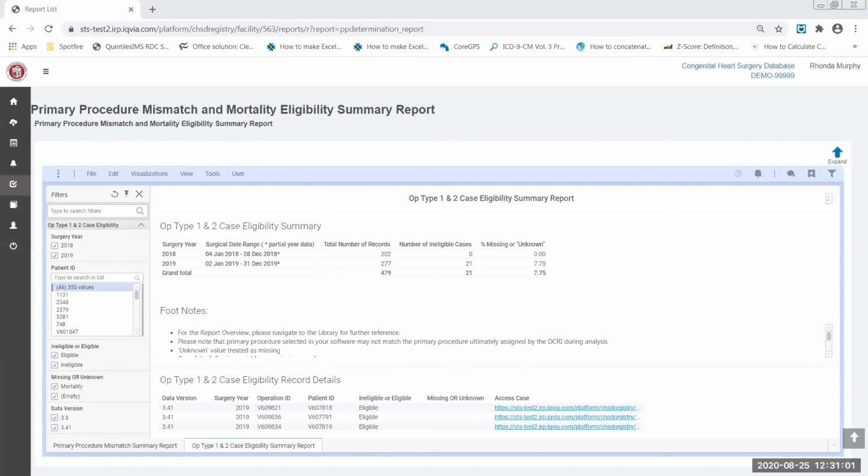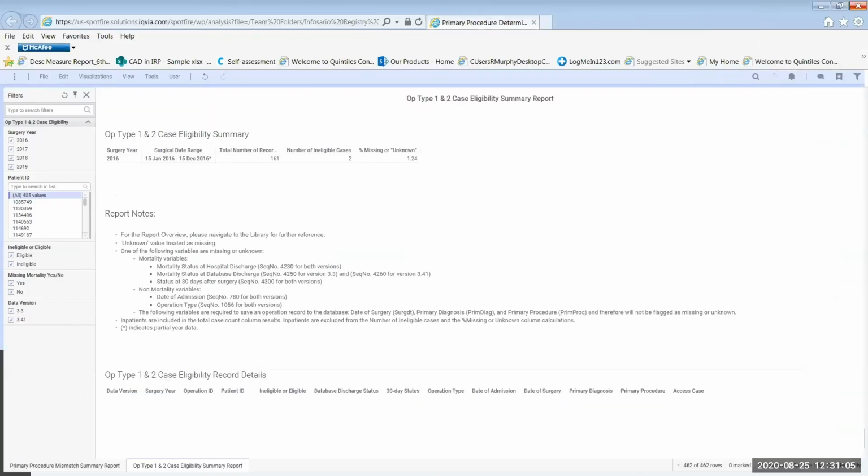I will show this screen instead, which is that same report, just with the updates that we are going to bring in as part of that surgeon leadership feedback. In our top section, actually I'll start with the filters panel.